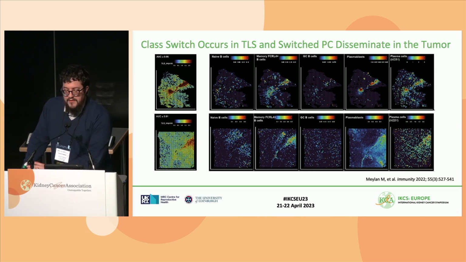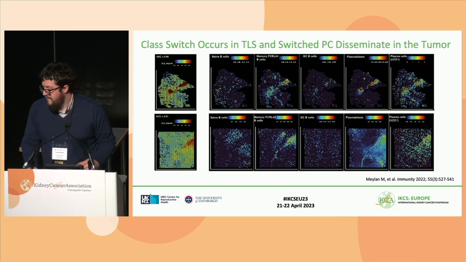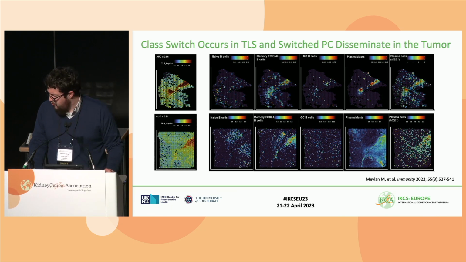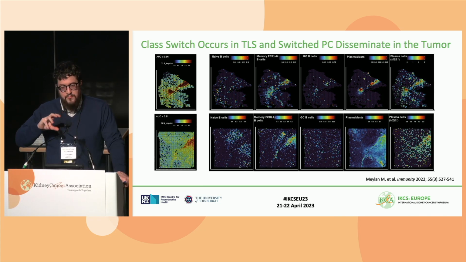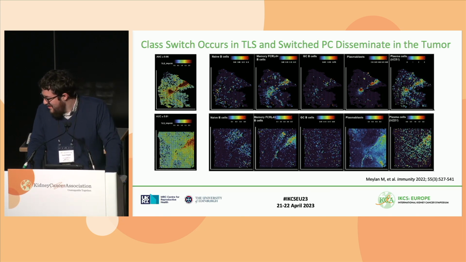We looked also at the different classes of immunoglobulins that could be expressed by these potential B cells and plasma cells. There is a problem with the image, so you will have to believe my word for it. But actually, we found that inside tertiary infrastructures, we had class switch happening. So maturation of the B cells inside the tertiary infrastructures, and only mature and class switch B cells were distributed through the tumor. So I encourage you now to go and see the paper if you want to see those images.